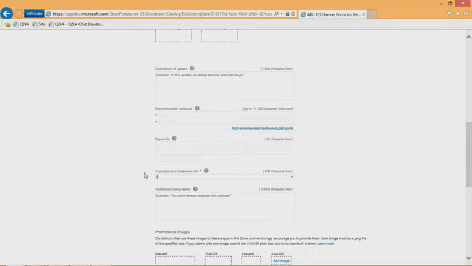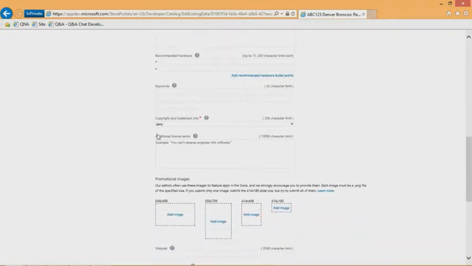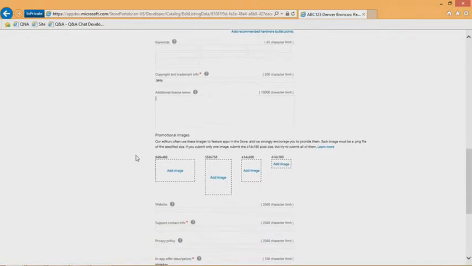The copyright that belongs here, maybe this is to me, maybe it's to you, wherever the copyrights belong, you can even put more than one if you want. Any license terms that you have there, the user can see as they install it. And then